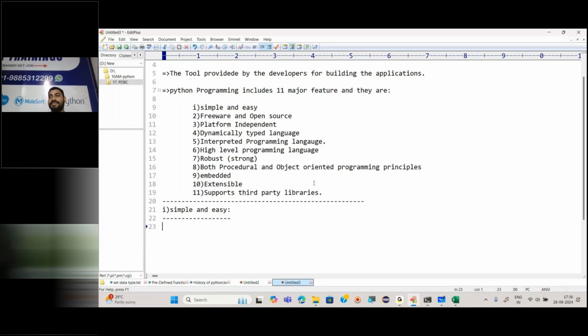Next, predefined functions. Even Java also has predefined functions.